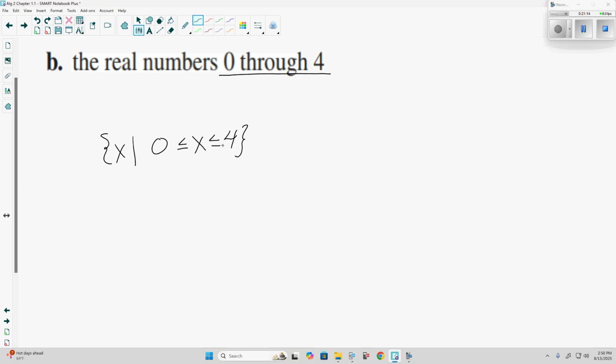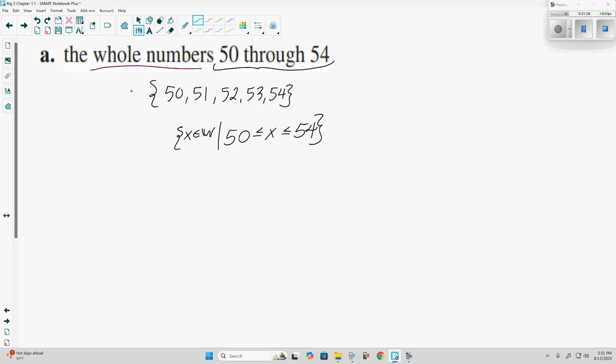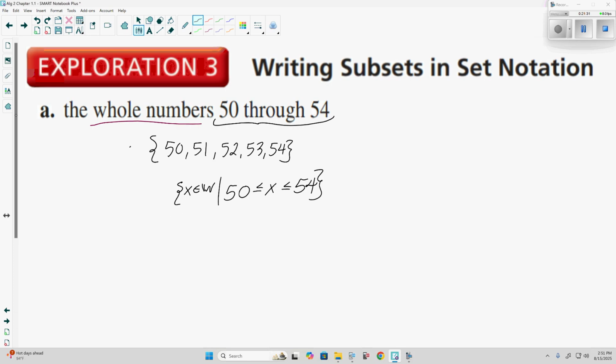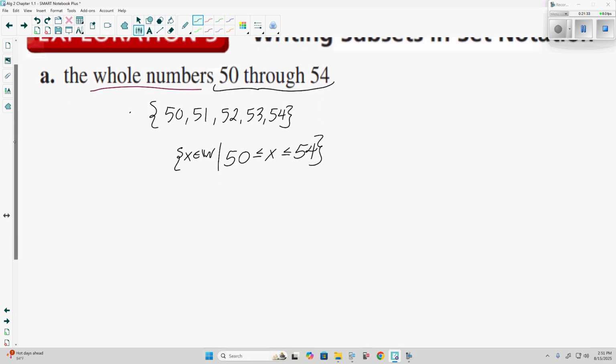Questions on this here? Questions on anything we've done so far? Yes. Need both? No, you don't. Now, if it's specific, because here it's just said we're writing it. We want to list it. Either's fine. If it specifically says write the following in set builder, we want set builder. If it just says list it,